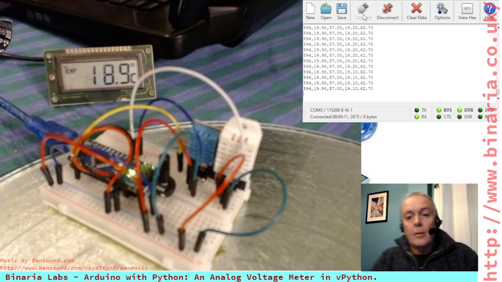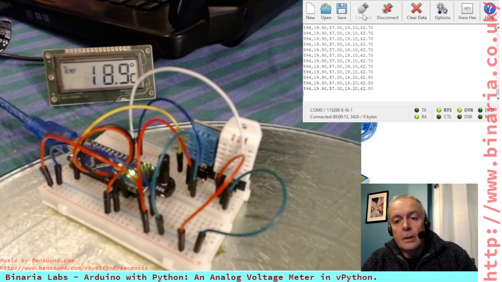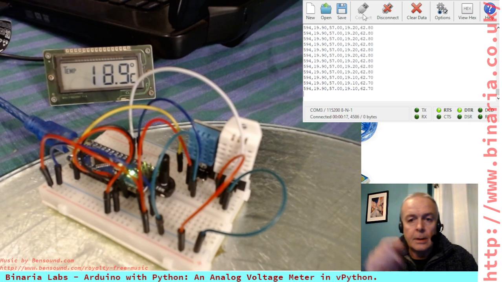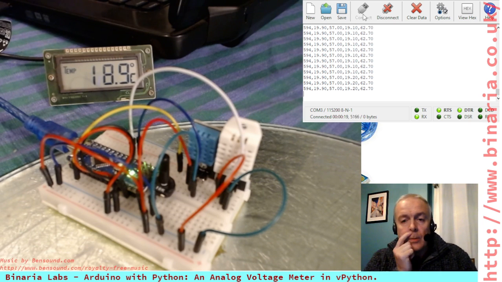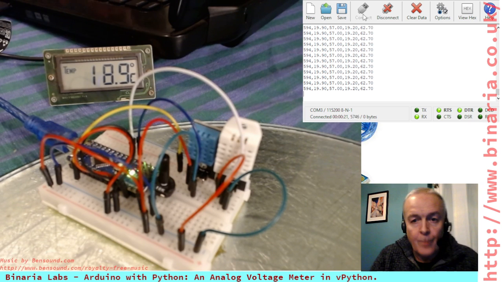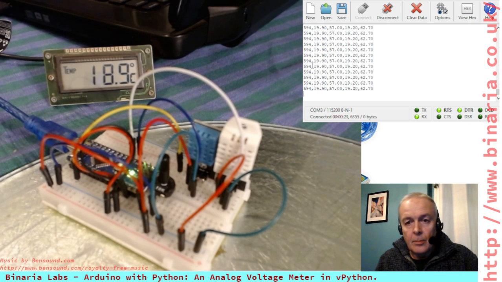For this part of the tutorial, we are only interested in the CSV data at the moment. It's coming over to Python. What do we do with it? So, crucial point: there are 5 pieces of data separated by commas, and at the end of each line there's a carriage return line feed. The data is as follows. If I